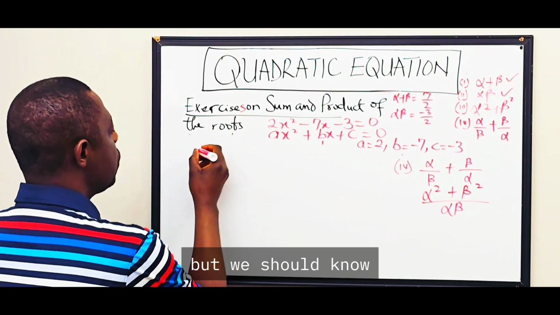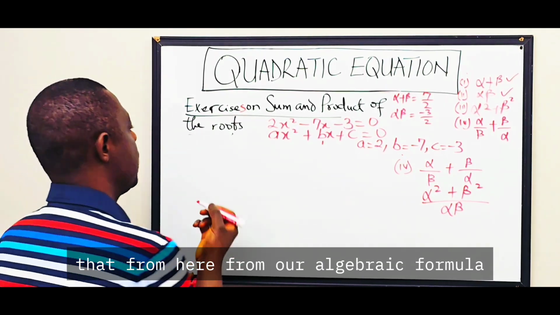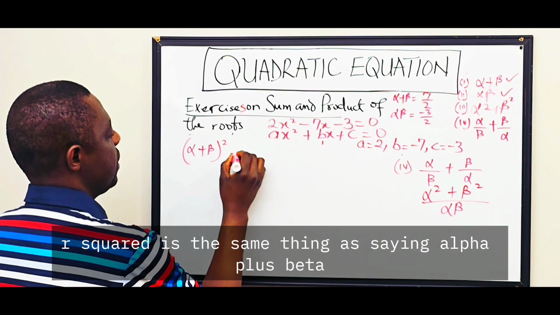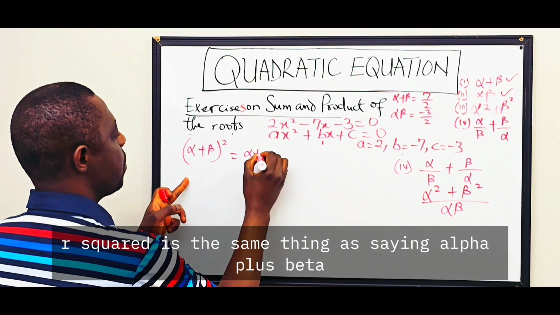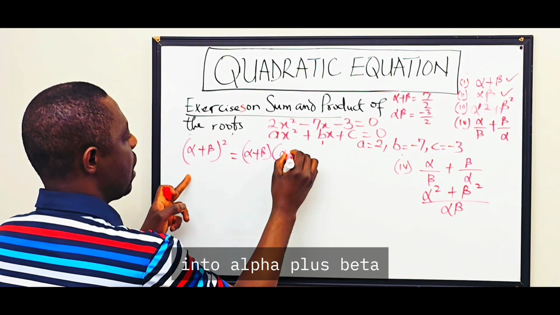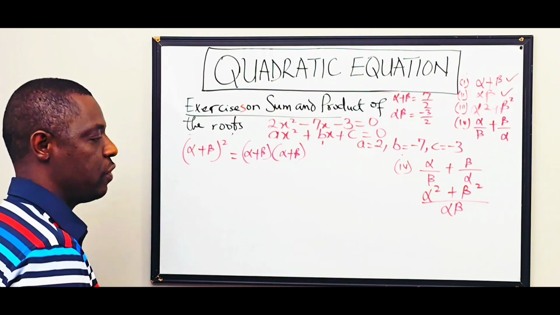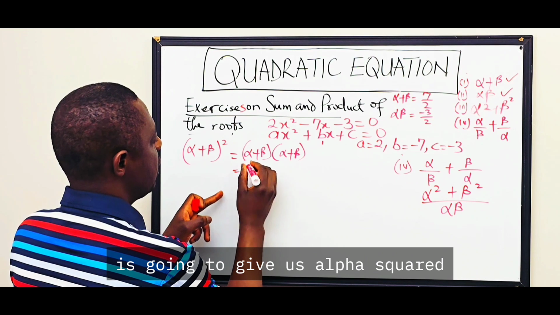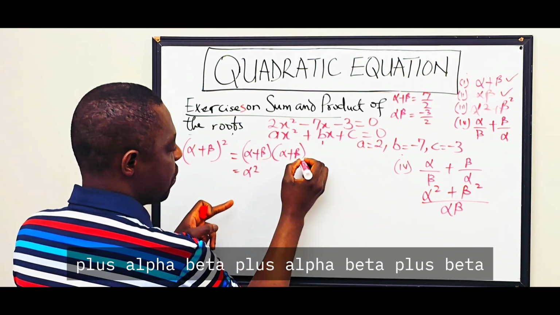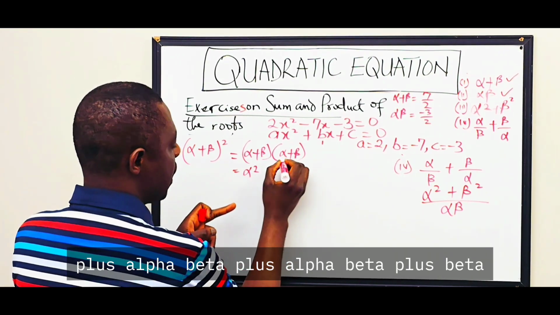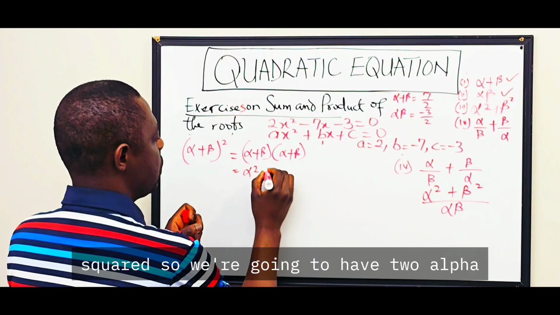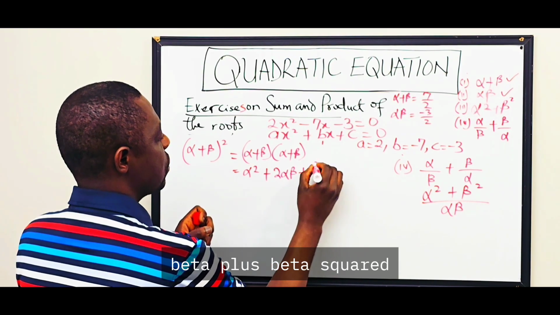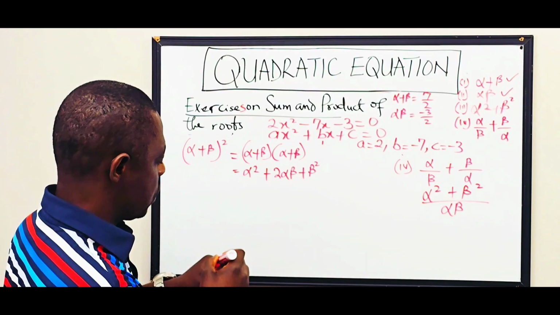But we should know from our algebraic formula that alpha plus beta all squared is the same thing as saying alpha plus beta into alpha plus beta. If we know that, let's expand this. So this is going to give us alpha squared plus alpha beta plus alpha beta plus beta squared. So we're going to have 2 alpha beta plus beta squared. How do we do that? What we did was